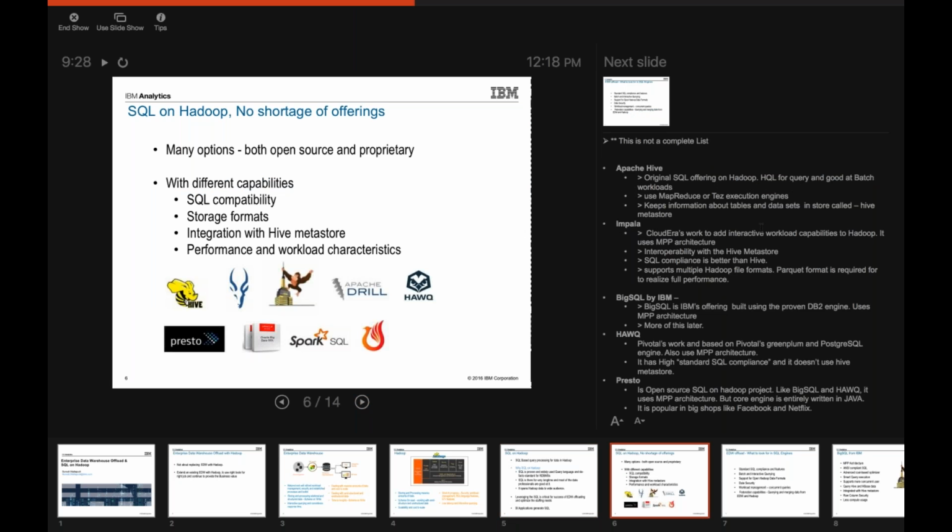As I mentioned, there are many tools around the Hadoop ecosystem, especially SQL on Hadoop. This category has a numerous number of offerings. They are different in their capabilities, in terms of SQL compatibility, the type of storage formats they support, integration with Hive Metastore. We'll talk more about what Hive Metastore is and why it is important to have interoperability, and also the performance and workload characteristics. I'm going to go over some of these tools. It's not going to be a complete list, and also I'm not going to do a comparison of capabilities between these tools. So to start with, Apache Hive, this is the original SQL offering on Hadoop, HQL for querying,